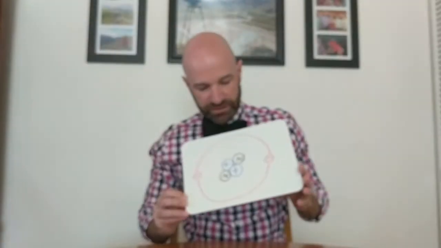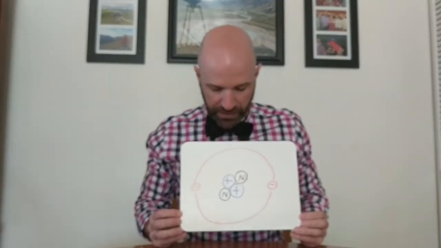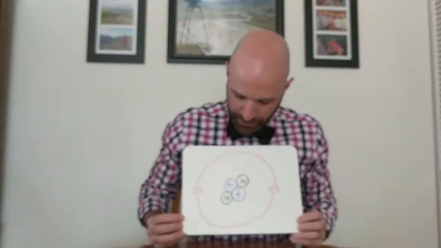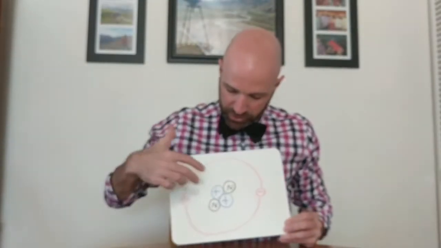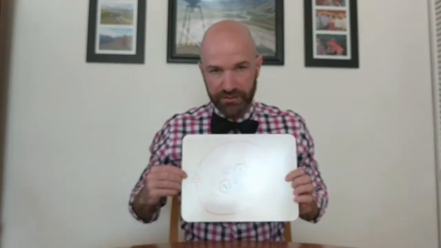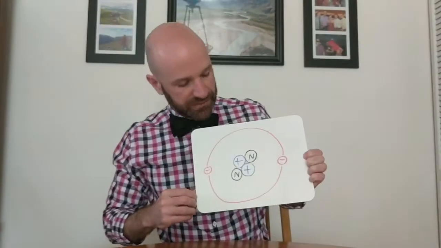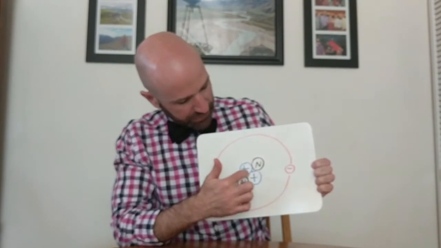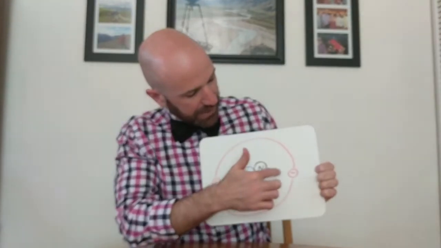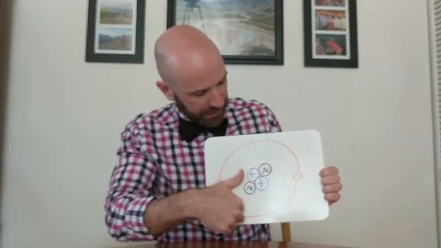So when you think of protons and electrons, you obviously think of the atom, which I drew here. You should recognize this as a helium atom because it has 2 protons, 2 neutrons, and 2 electrons. Okay. So notice that our protons are in the nucleus and our electrons are orbiting outside.